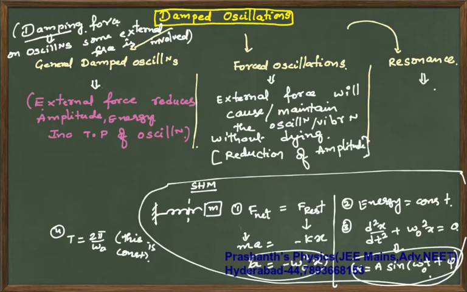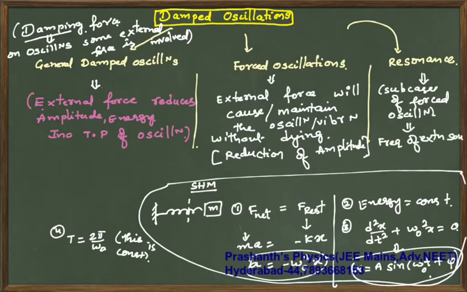And resonance is a subcase of forced oscillation. I will explain it in detail, don't worry. But in resonance, the frequency of the external source is equal to the natural frequency of the system and the amplitude is maximum. I did not explain each in detail,